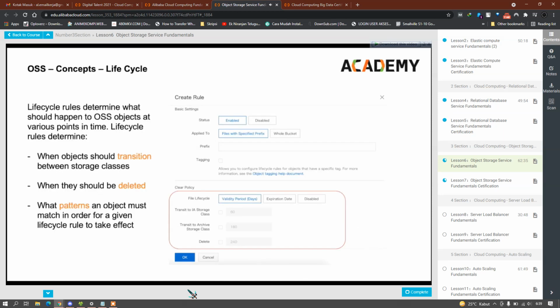Not all of the objects within a bucket need to belong to the same storage class. You can set what are called lifecycle rules within a bucket that will determine what happened to OSS objects at various points in their lifecycle. So when should objects transition between storage classes? You can set a rule that takes older objects, maybe objects that have been in your bucket for 60 days, and transitions them to IA, infrequent access storage, in order to save